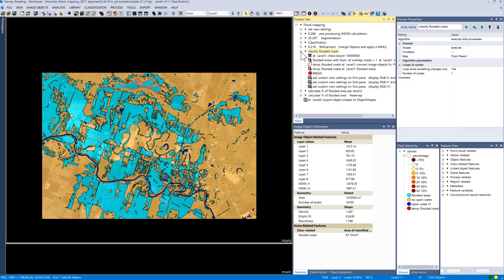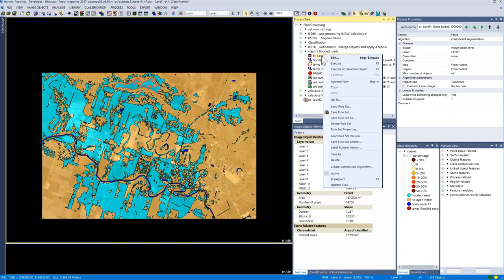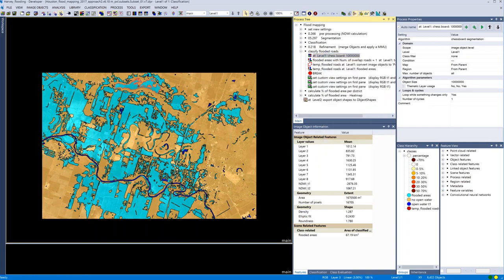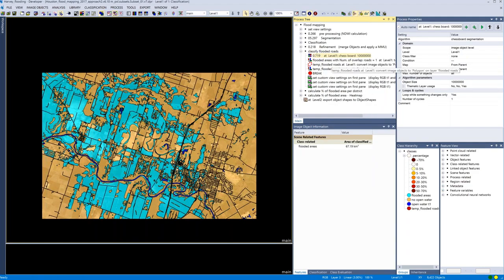Now we're going to look at the roads, and I've showed you that we also loaded the shapefile of the road network into eCognition. And here in this first step, I'm going to segment again and use this shapefile to create my objects.